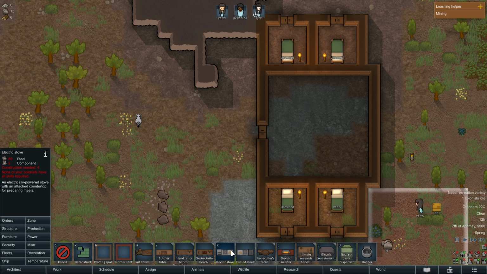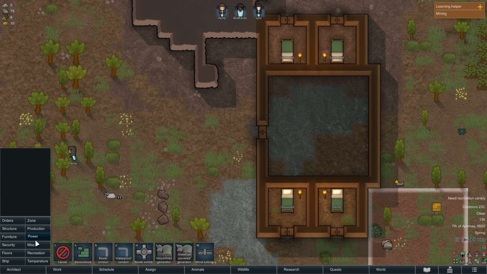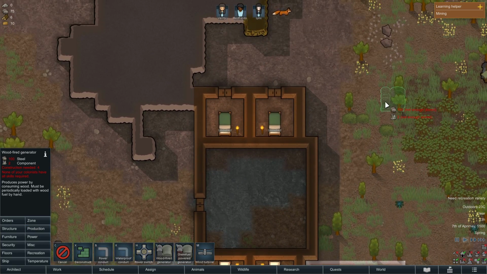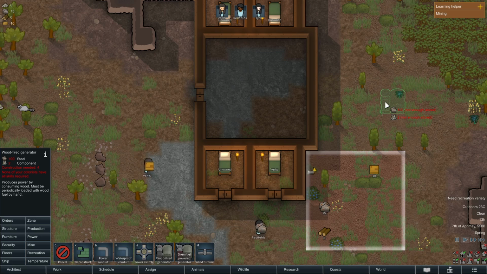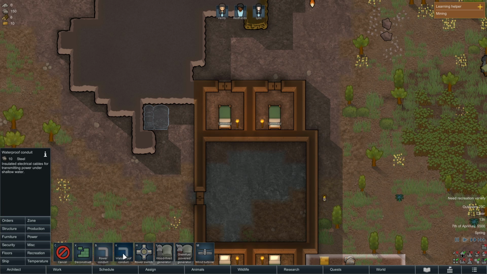Now we can do electric stoves, and we would do that by getting some power up and running, so we can build generators, wood-fired generator. Later on you can get wind turbines as well. So I think we're going to need to build a wood generator, and we'll put it over here just so it's out of the way, and we'll do a power conduit from there